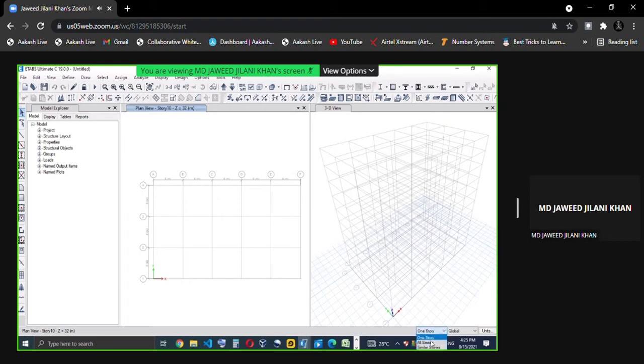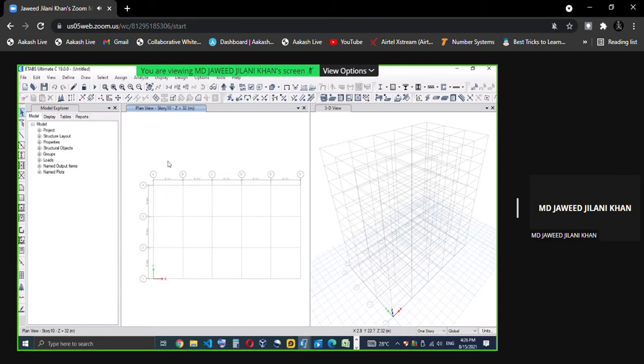Similar story, we will say for example, if there is a building where we have 5-6 basements, then you have some 5-3 commercial floors, then you have typical residential floors. So for all the residential floors, say from fifth story to say 15 stories, the residential floors are the same. So you can define them as similar story. How to define and all, we will see in the times to come.